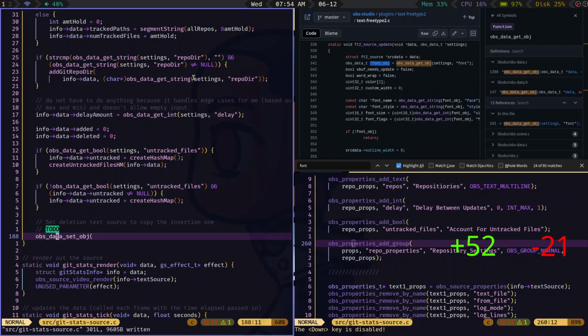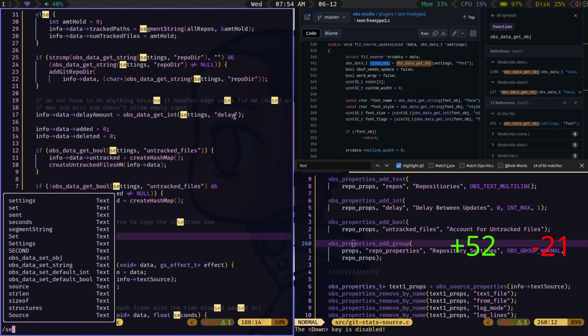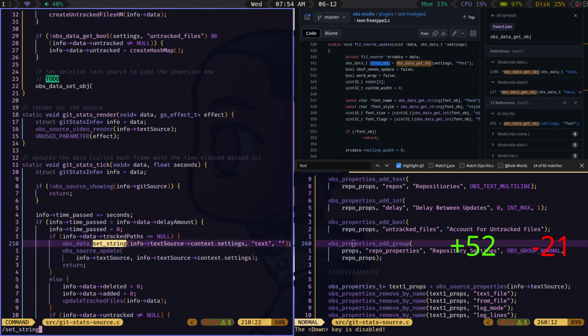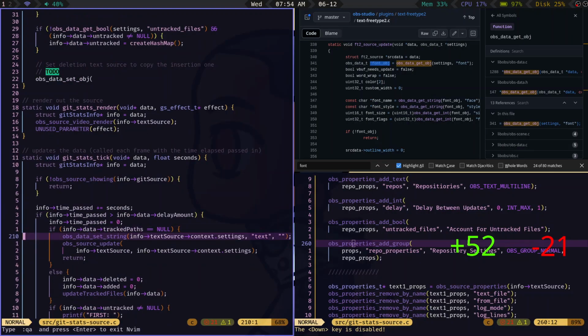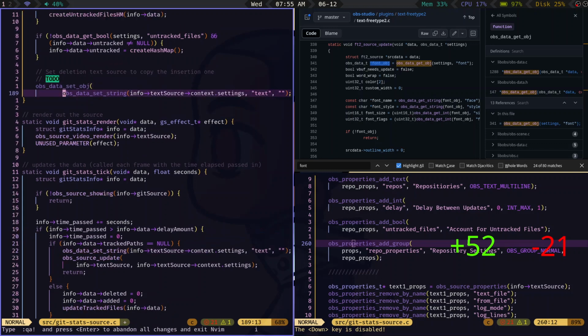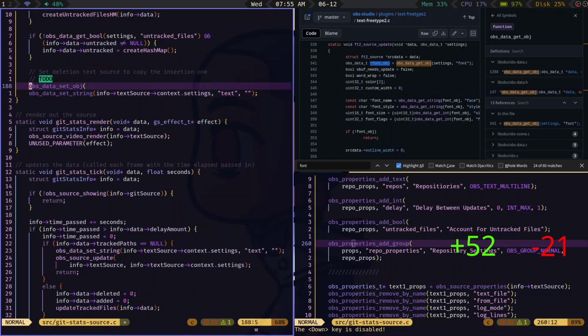When we set the string, how do we do it? Set string. Right, so we essentially need to do the same thing, except set object info text source context dot settings, and then this is going to be font, and then we're going to set it to